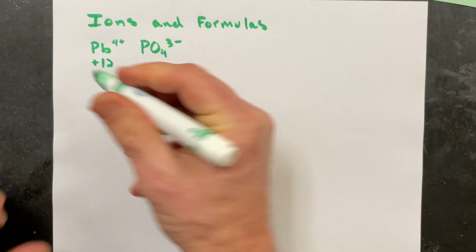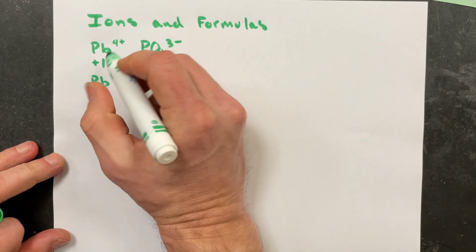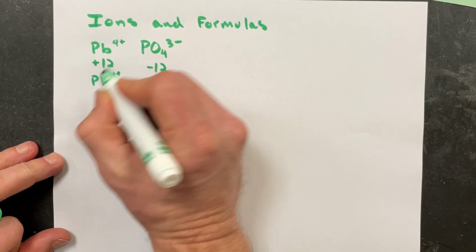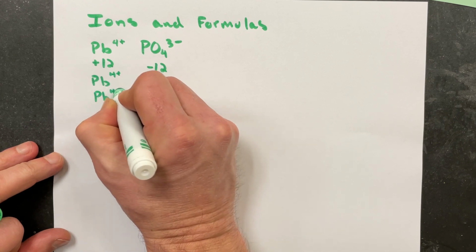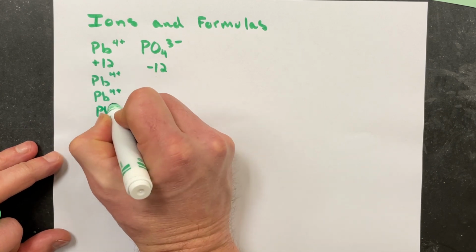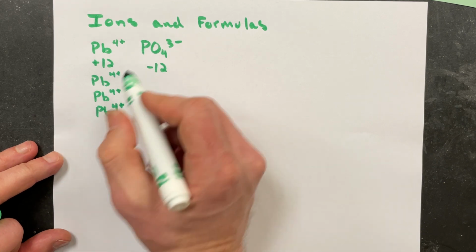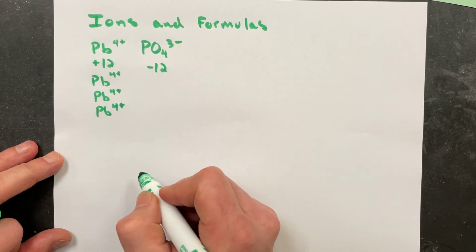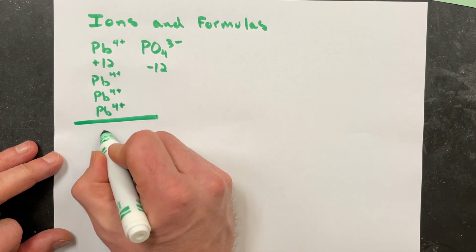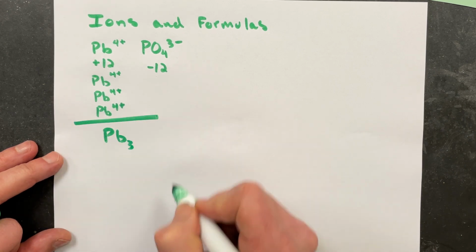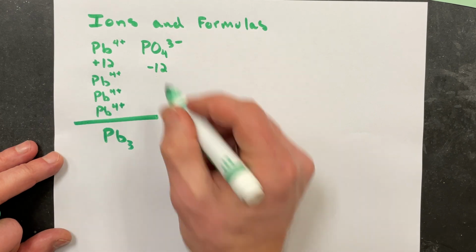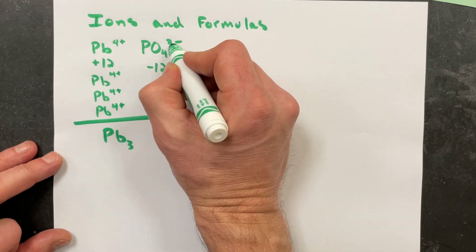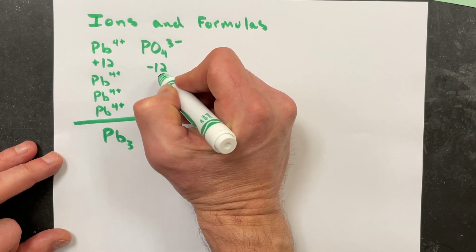Well, I'll draw a picture of it first. Pb4+, Pb4+, that's 8+, and Pb4+. So currently, we have 3 leads, which gets us our 12. We would write that as Pb3, 3 leads. Phosphate, in order to get 3- to -12, we would need